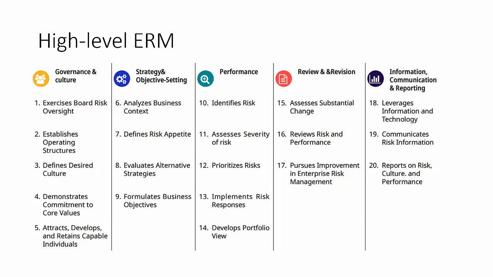So if you're planning to implement enterprise risk management in the organization, we basically follow this approach. Actually, this is a reference of COSO. COSO is a framework which talks about how to implement enterprise risk management in the organization. I have taken a small view of COSO, but I'm going to discuss the practical aspects in more detail. Okay, so here you can see the first step is exercise board risk oversight.